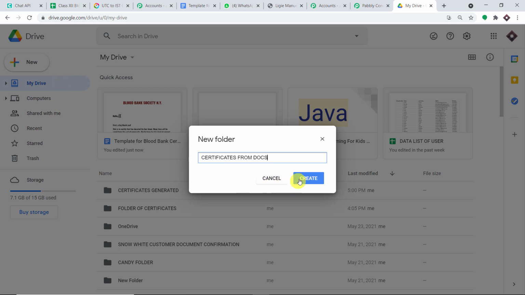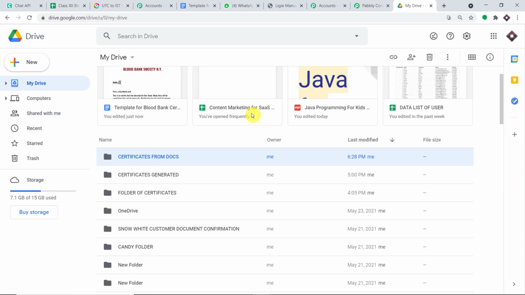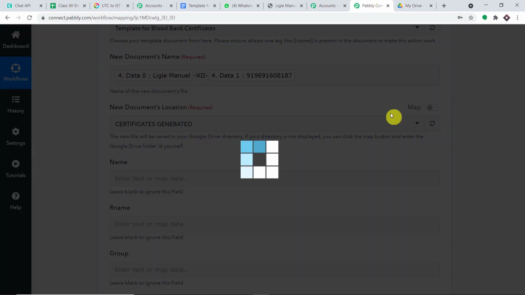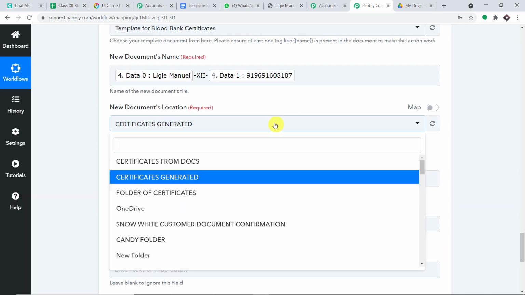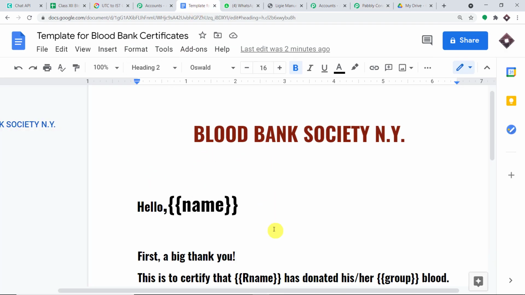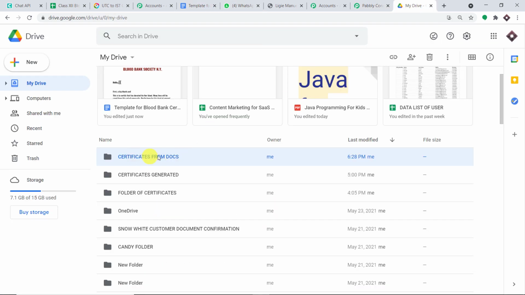Now I'm going to click on refresh. Yes, certificates from docs. The idea is that once a certificate is created from this template, it will be automatically saved in this folder in my Google Drive.